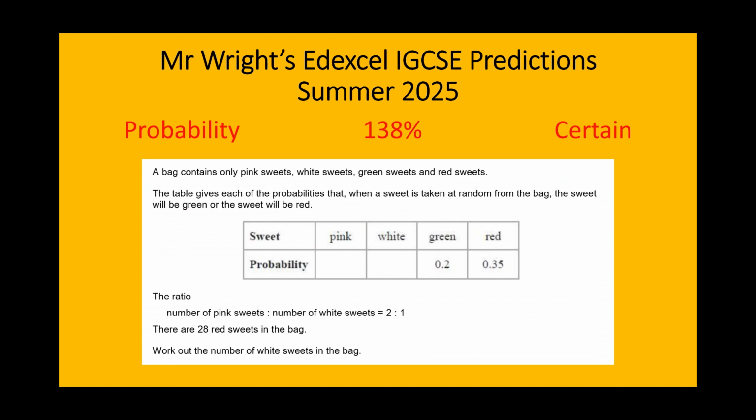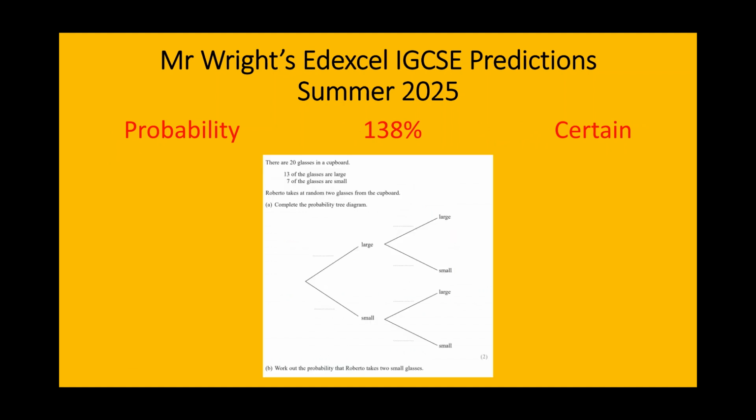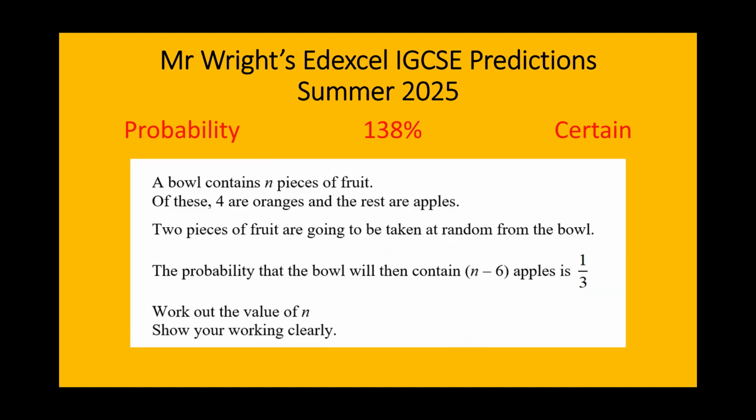Next, probability. Probability is absolutely certain to come up. Historically, it comes up more than once on every paper. It's a must-revise topic. Sometimes the questions are relatively straightforward and probabilities are set out in a table like this. Sometimes the probability questions involve a tree diagram, and sometimes, if you're going for a top grade, you will want to be absolutely fluent and well prepared for probability questions that involve you using some quite complex algebra, like this one.